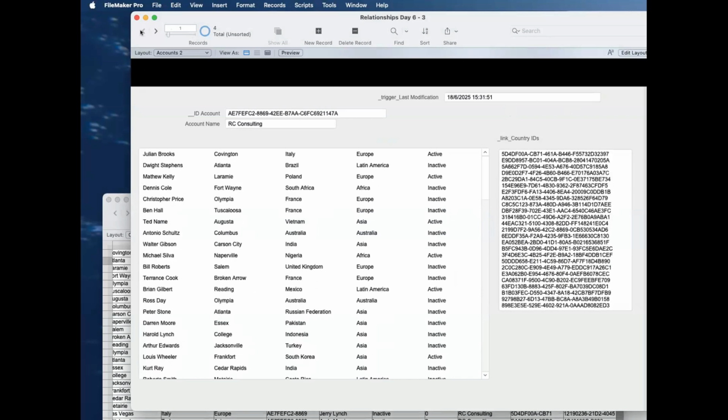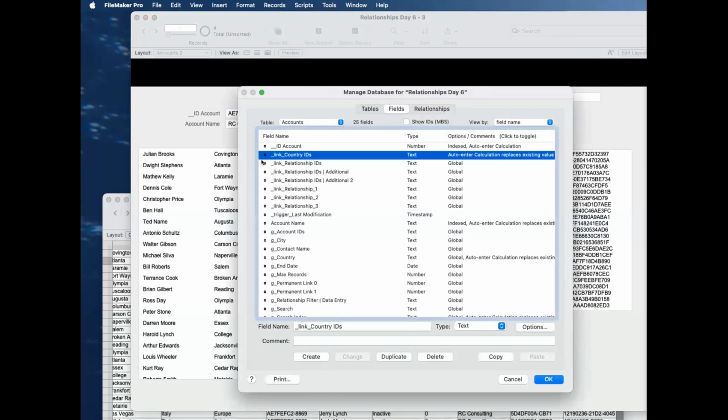So now I have my list of IDs for countries. So here is the benefit of getting this. Now that I have the country IDs here,